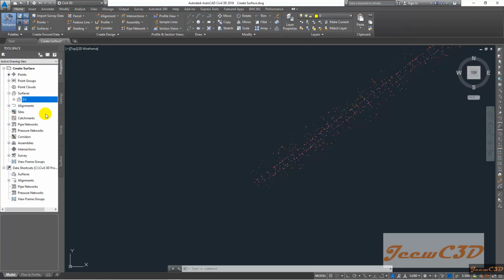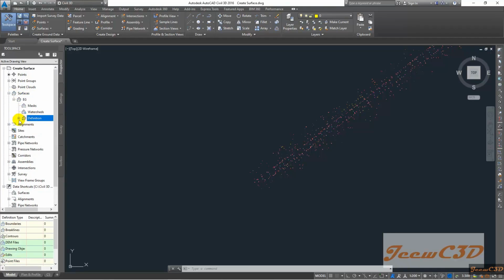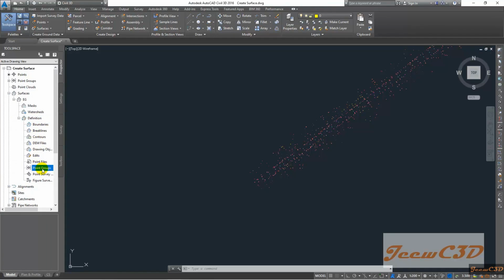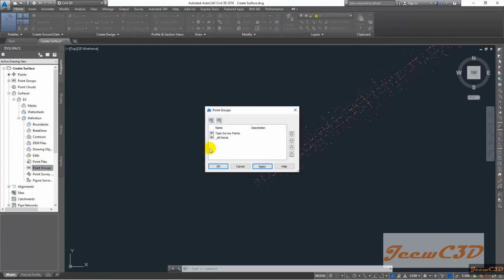To do that, I go here, expand the surface, then you have EG, I expand it again, then you have definition, we expand that again, then you have something called point groups. You right click there and go to add. Then you have 2 point groups, that is all points and topo survey points. Both are same, but you have to select the topo survey points, that is the point group we have imported